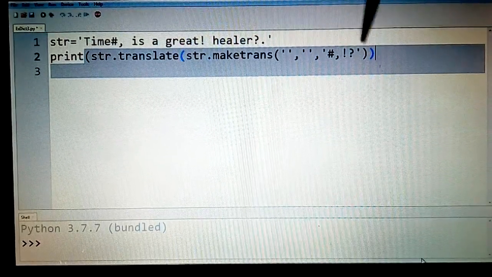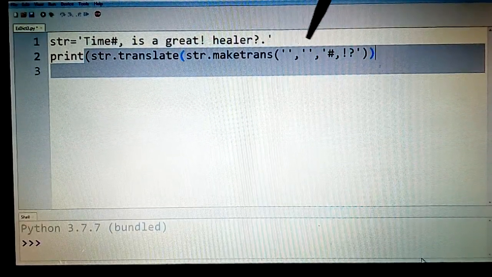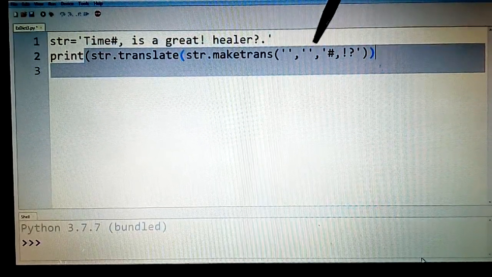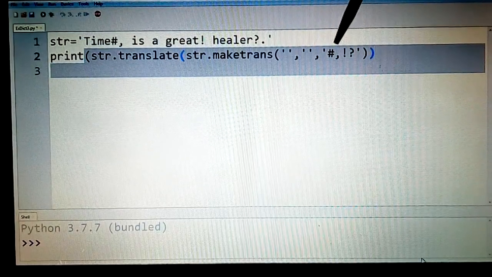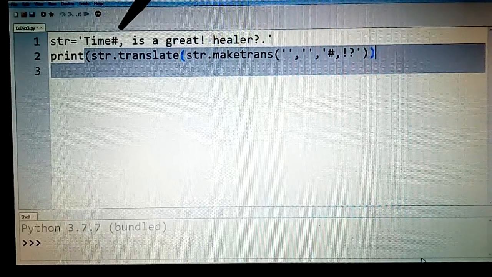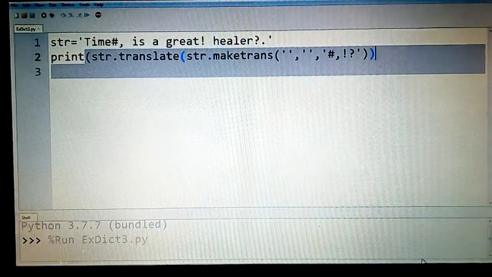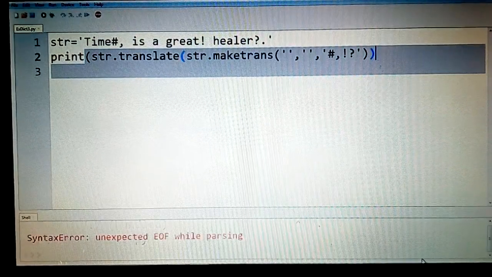Afterwards I am inside calling again another function called make trans, and inside this I am specifying three parameters: from, to, empty, nothing, but I want to delete all the remaining, that is punctuations, which I am finding unnecessary. Now when I run this, I would get output like this, wherein